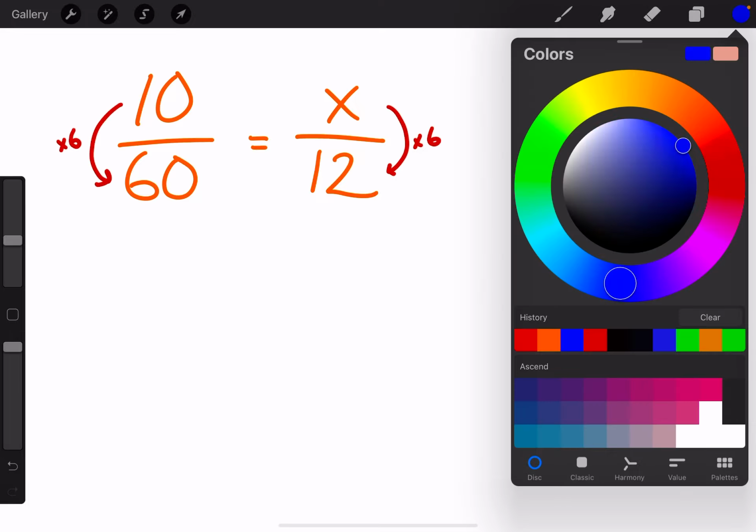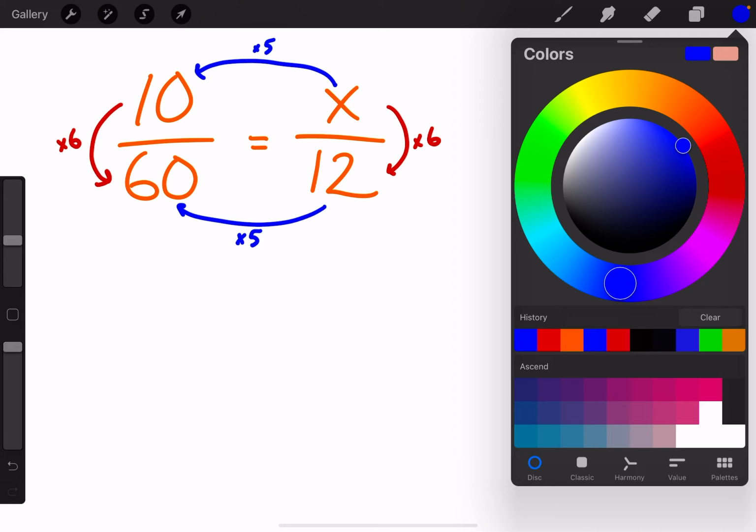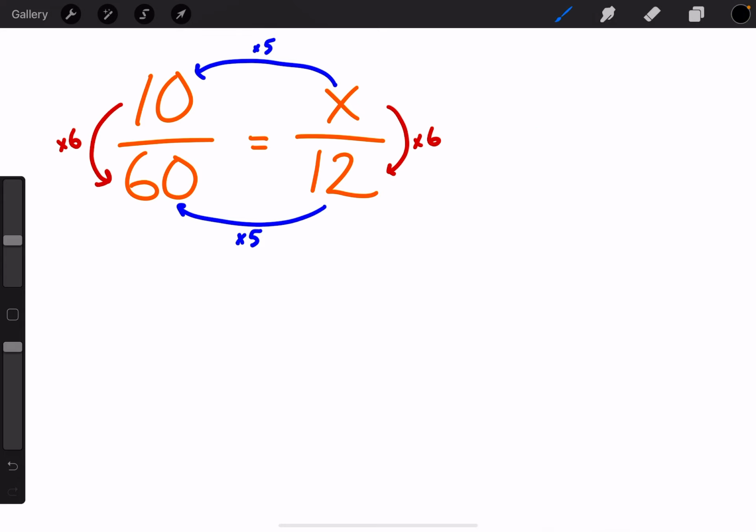Or you could think, oh, 12 times 5 is 60, so maybe there's a number I could multiply by 5 to get 10. But the foolproof way, what we'd call an algorithm, that's always going to get you your correct answer,